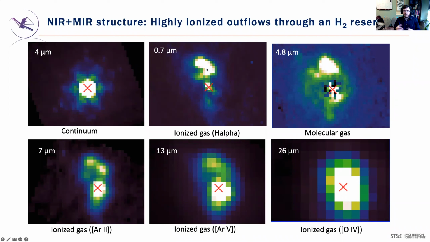Now, ionization that's occurring when the outflow from the central AGN is powering through a molecular gas reservoir that seems to be around that central engine. That's what we see if we look over in this panel here. This is a plot of the molecular gas. This one's around 4.8 microns or so, one of those lines. And you can see not only the northern feature as well, but you can kind of start to see a ring of molecular gas that's around that central engine, even after you subtract off the emission from the point source itself. And what we think this is telling us is we're really detecting the gas that's fueling the AGN itself.